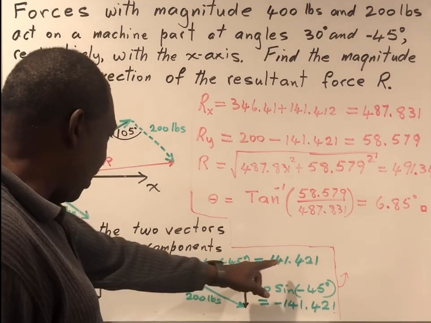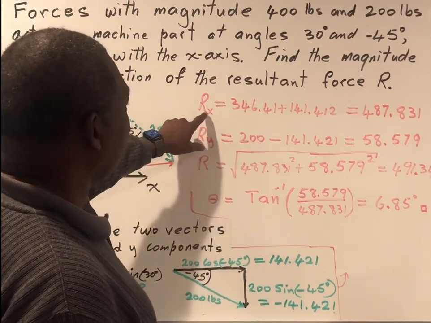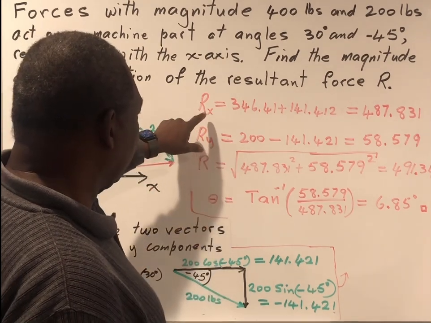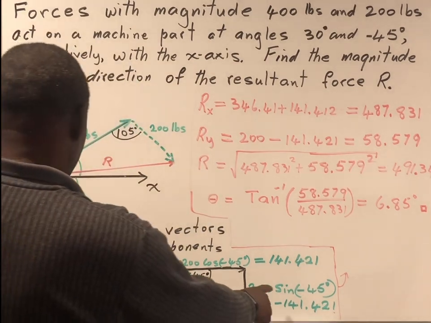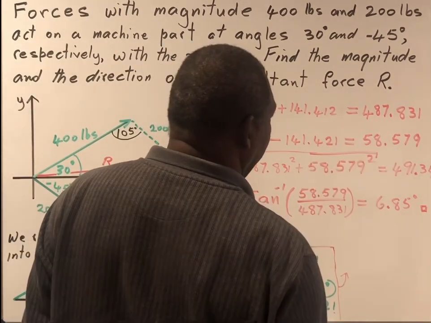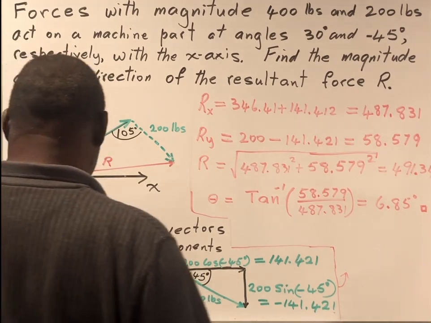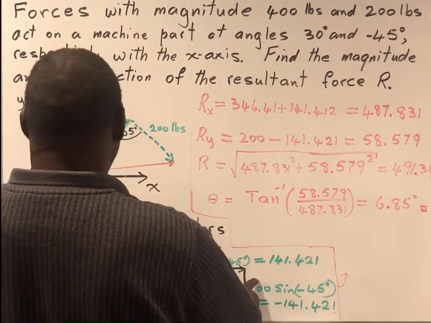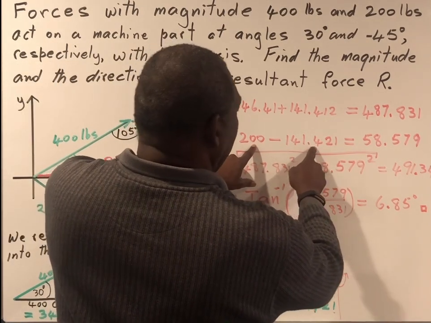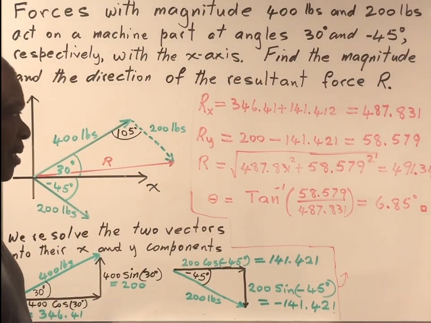So we take these two values and now we combine them to give us the x component of the resultant force. So the x component of the resultant force would be these two pieces added together to give us 487.831. And the y components of those two vectors now added together. Notice that this is a negative component, so we do the subtraction here to give us 58.579